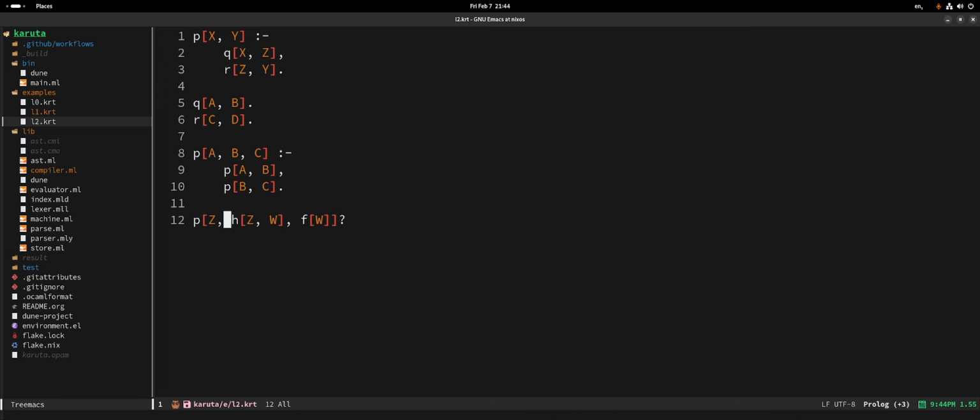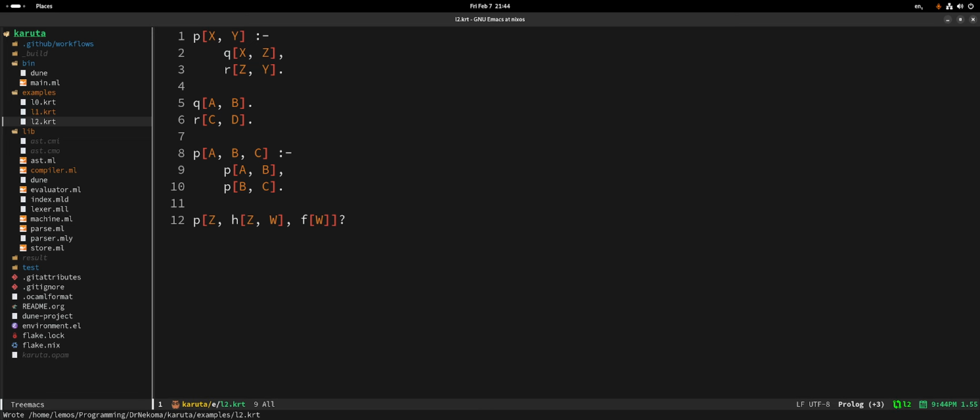I don't follow. Isn't it going to try to find this functor definition somewhere? No, it's just going to treat it as data. So this is the entirety of B. This is the entirety of B, yes. And C is the entirety of this. Yes. But if I added an H here, like this, and did it like this, that would say that Z would become B and W would be D. Yeah, it's going to unify those variables. So then we don't want that.